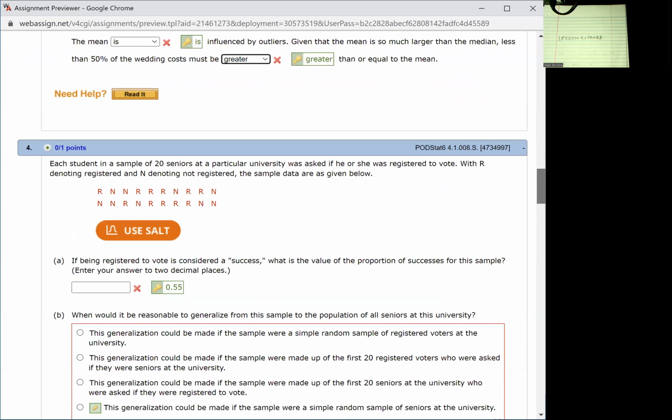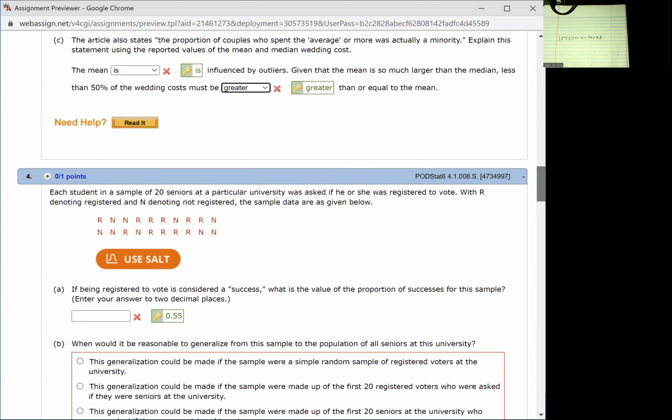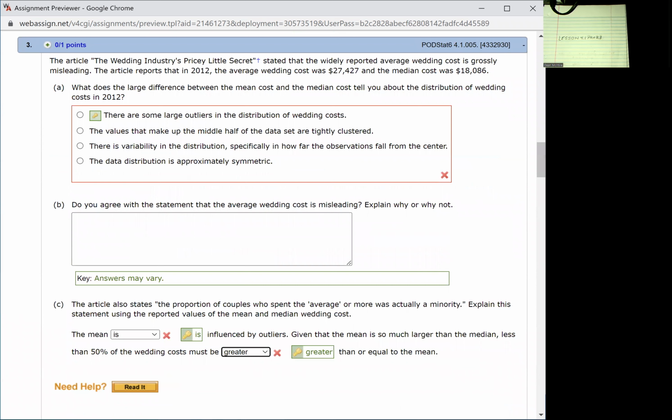Okay, now on this one, what we want to do is we have 20, well, let's close that out first of all before we go on to the next problem. Sorry about that. I'll be doing all the problems at once. I did that